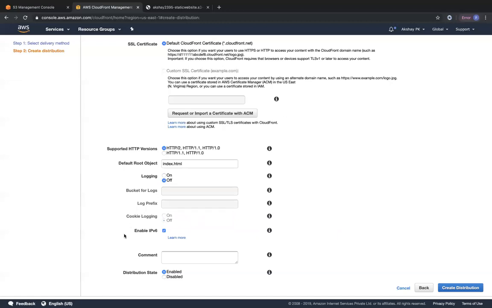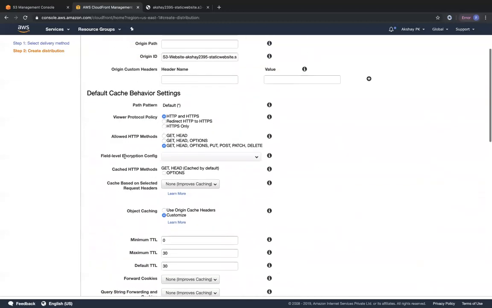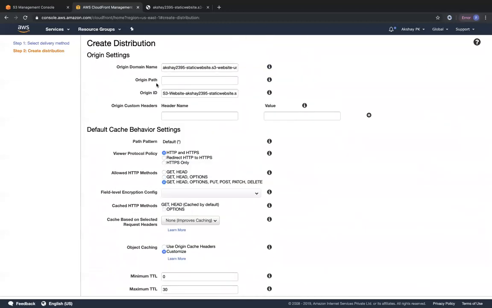You can also enable IPv6 support, and you can keep this distribution in the enabled or disabled state when you create it. Right now, if we go ahead and create this distribution, it's going to take 20 to 30 minutes. But I have walked you through most of the settings, except some that are not necessary for the exam, such as origin path or custom headers. But when we looked at restricting users from accessing your S3 bucket directly, so that they have to go only through your CloudFront distribution to access your S3 bucket, that can be done using origin access identity.